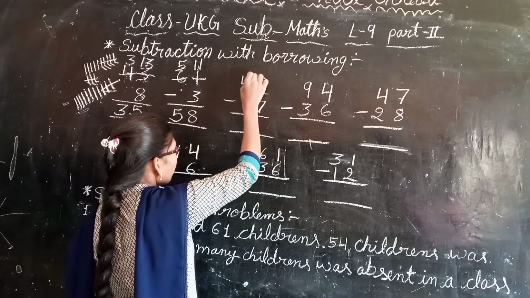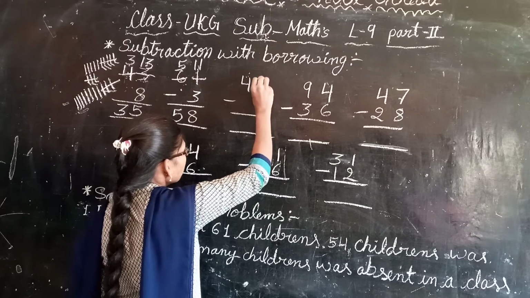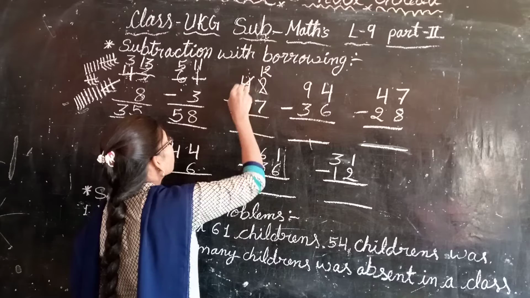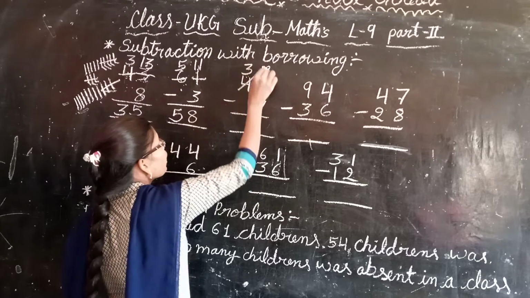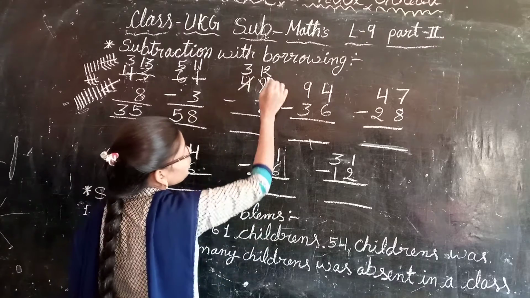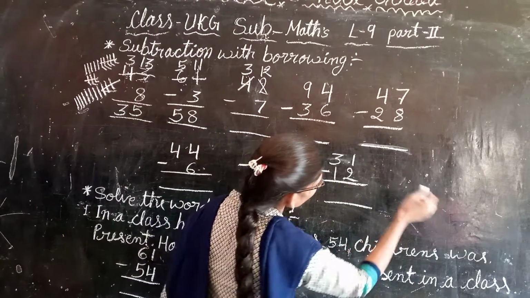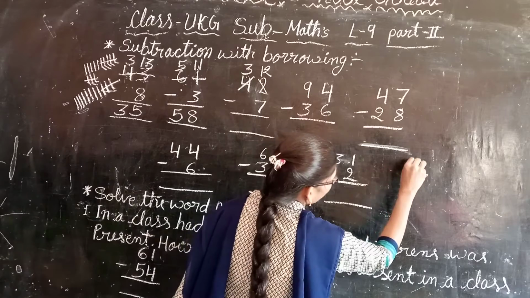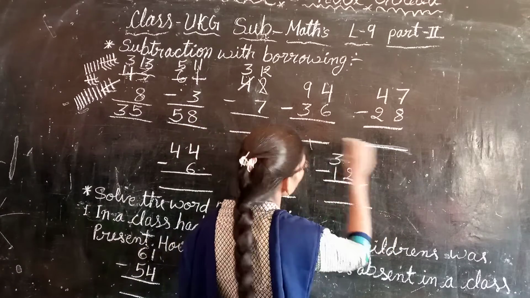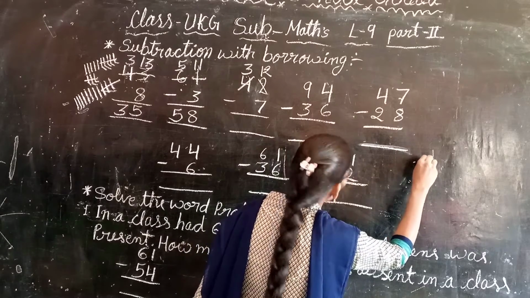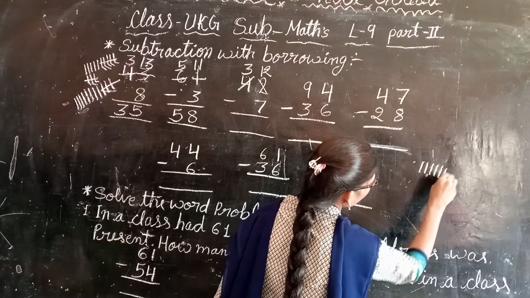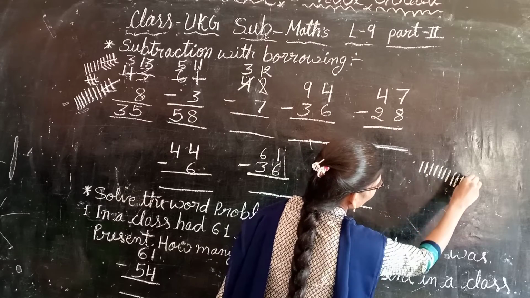This 2 will go here and borrow a number 1, and it will get 12. And here will be 3, and out of 12 we will cut 7. Now we will make lines somewhere here. If there is space, make the lines and then cut the numbers, otherwise you will be confused. So we have 12. Out of 12 you have to cut 7. So 1, 2, 3, 4, 5, 6, 7, 8, 9, 10, 11, 12.